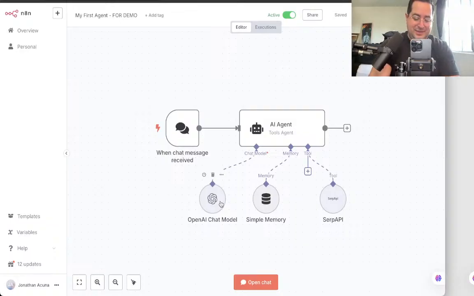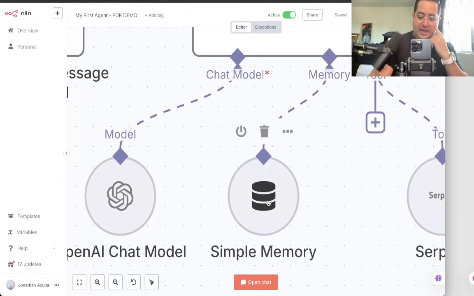A ChatGPT brain? Whatever brain you want to hook up for this model. It's actually kind of wild. Give it some memory. The memory basically allows it to remember past conversations. So if you want to talk to it just like how you chat with ChatGPT, for example, and you want it to remember the history of all your conversations or some of your conversations,